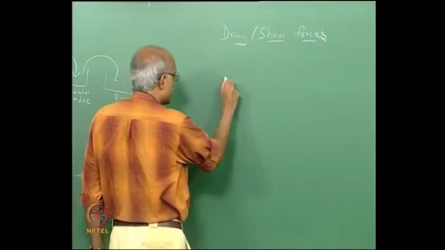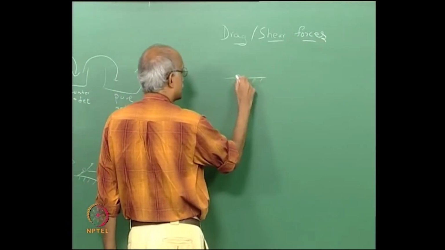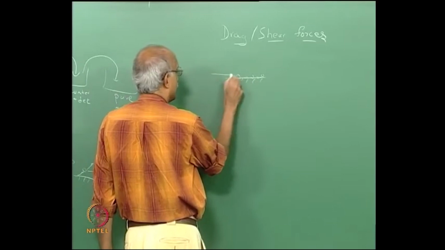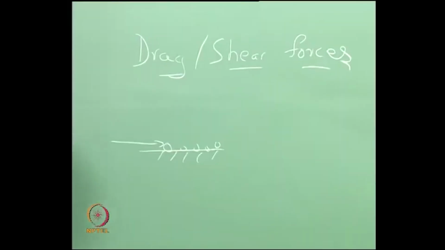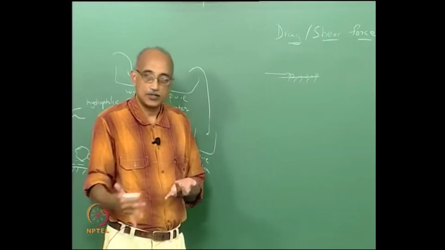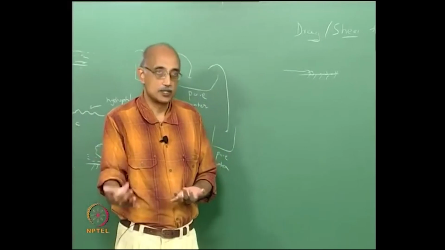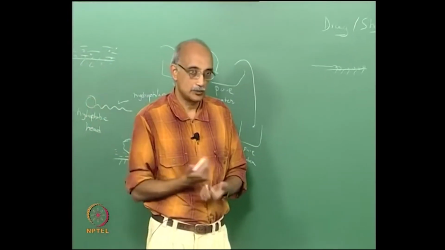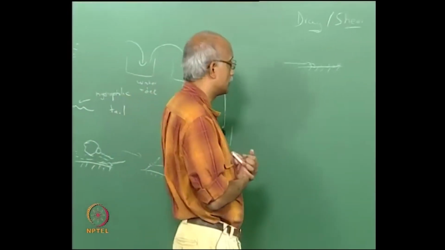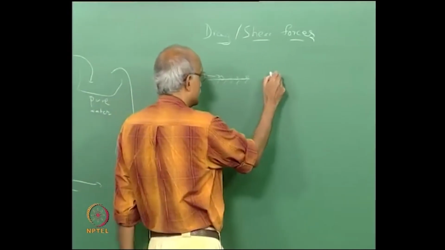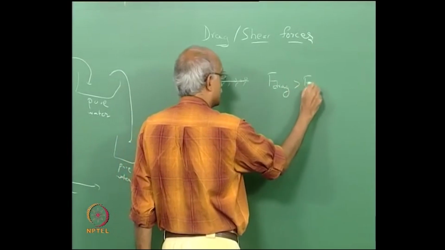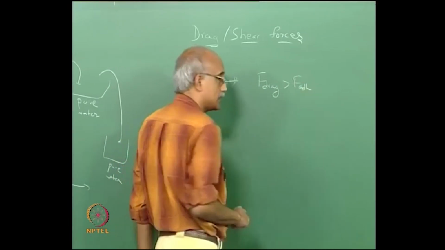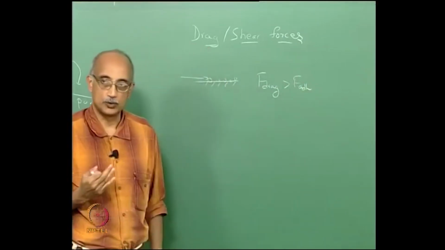So here the principle is that you have particles again sitting on a surface, and you exert a force in the shearing direction, in the tangential direction, and as soon as this tangential force exceeds the adhesion force, the particles become dislodged from the surface and they can be removed from the surface. Now the drag force exceeding the adhesion force is a required condition for particle removal,